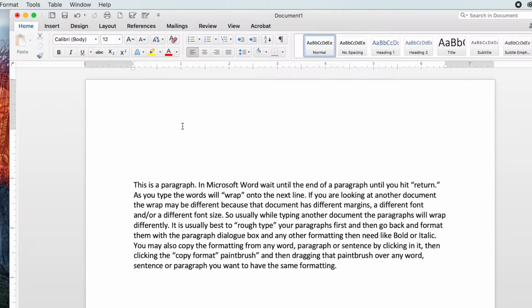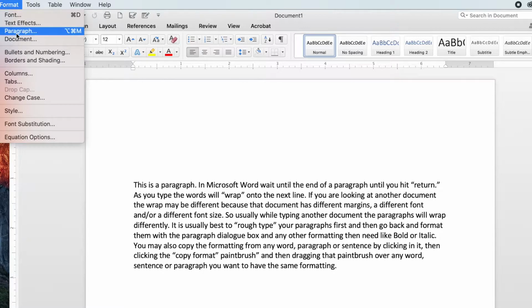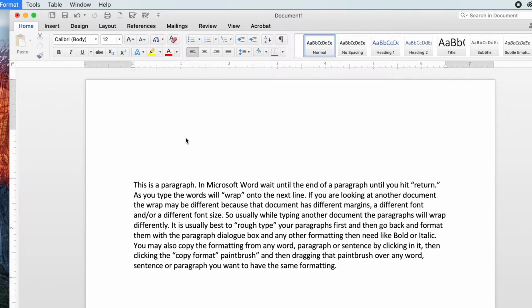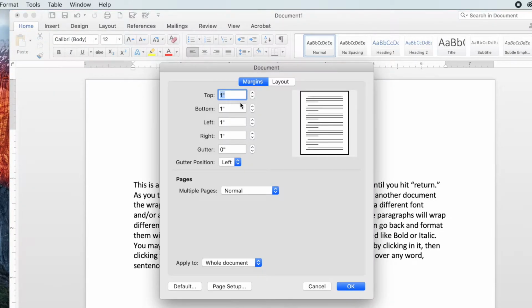If you go to the Format menu and go to Document, this is one of the ways you can do that. Now I have mine set for 1 inch top, 1 inch bottom, 1 inch left, 1 inch right. And that's what I want the students to do for all their documents unless we decide otherwise. The gutter 0, I'm not going to go into that right from this class, but right now they're 1 inch